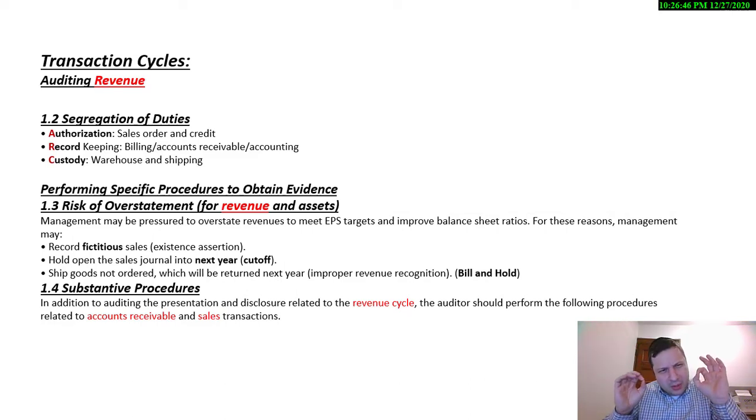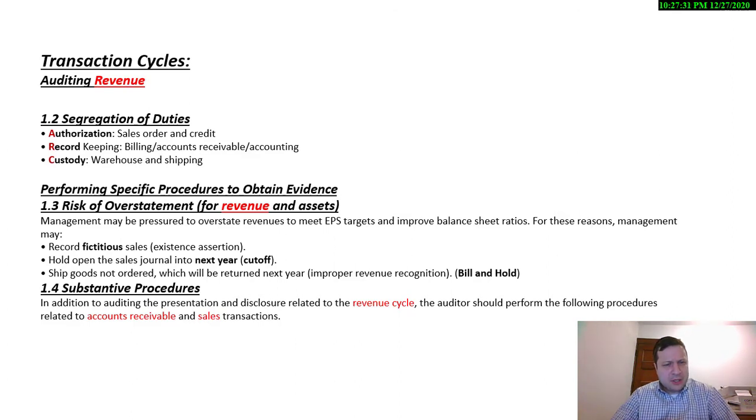We're going to talk about performing specific procedures to obtain evidence. And we're looking at the transaction cycles, and we're auditing revenue. Whenever you're performing specific procedures to obtain evidence, you've got to keep in mind the ARC's mnemonic: segregation of duties, keeping separated authorization from record keeping from custody. Authorization, let's say for sales orders and credit authorizations; record keeping has to be separated from that; and custody, custody of the cash, custody of the inventory, custody of the warehouse